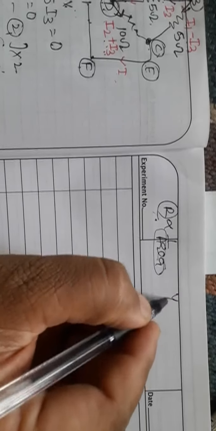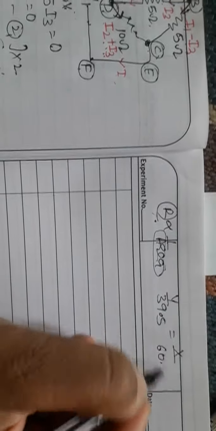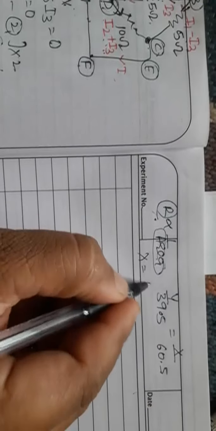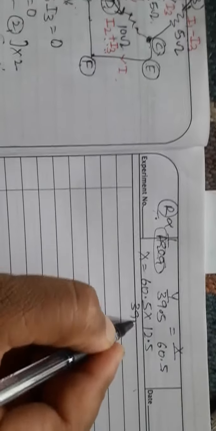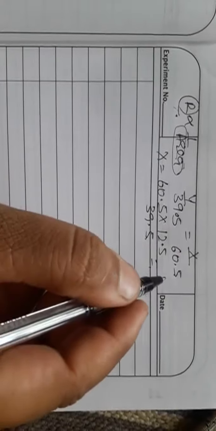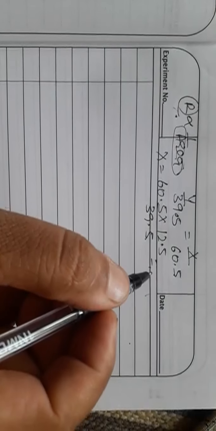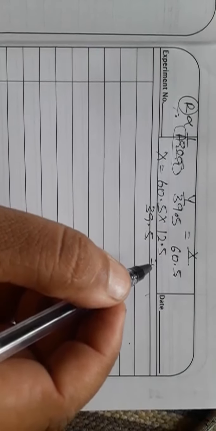Now X and Y are interchanged. Now the formula becomes Y upon 39.5 equal to X upon 60.5. Now X will be equal to 60.5 into 12.5 divided by 39.5. After solving, doing the calculation, it comes out to be